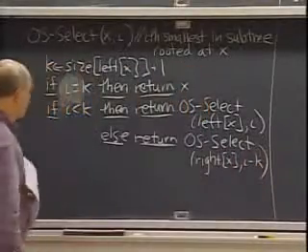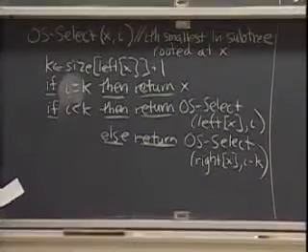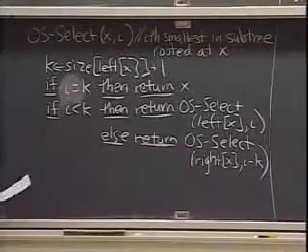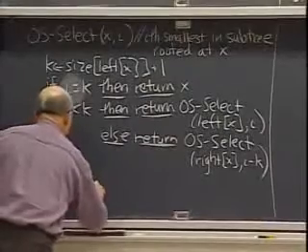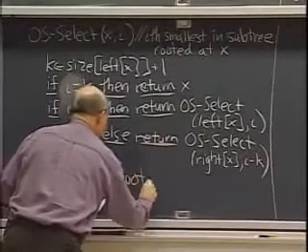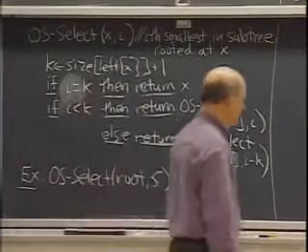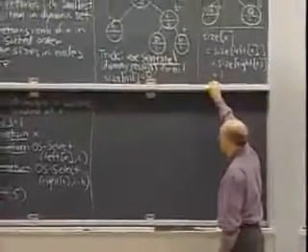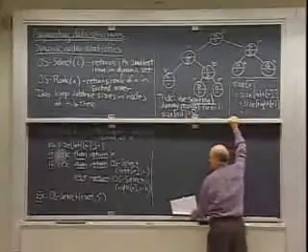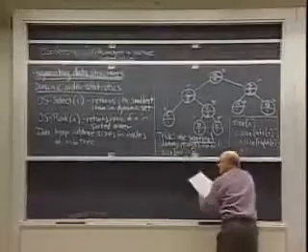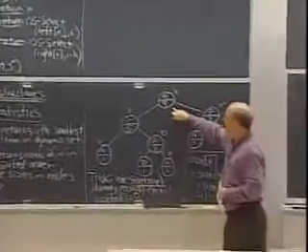Okay, so this is the code. And let's just see how it works, and then we'll argue why it works. Okay, so as an example, let's do OS select of the root and 5. Okay, so we want to find the fifth largest in the set. Okay, so we have OS select of the root and 5. Okay, so this is inconvenient. Okay, so we start out at the top. Well, let's just switch the boards. Here we go. Okay, so we start out at the top,